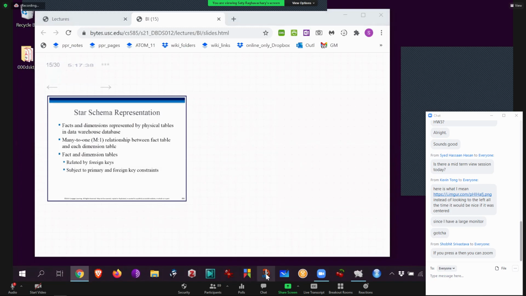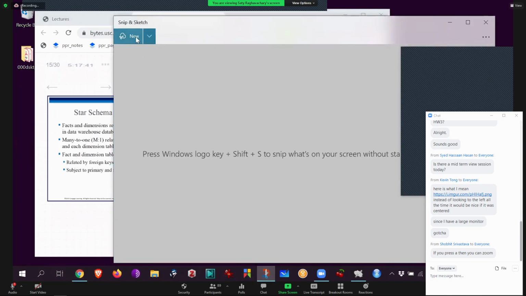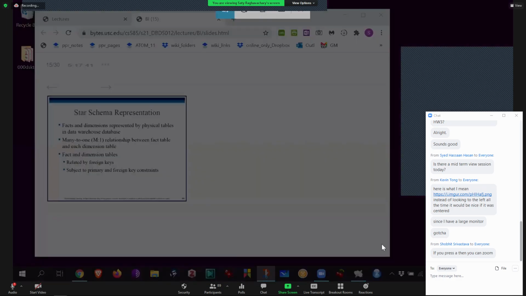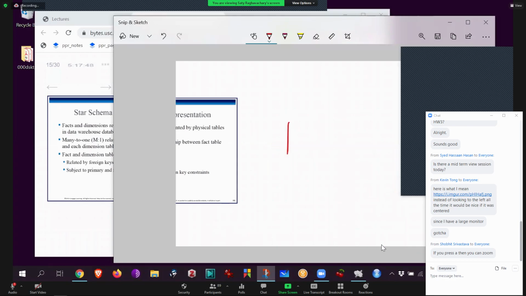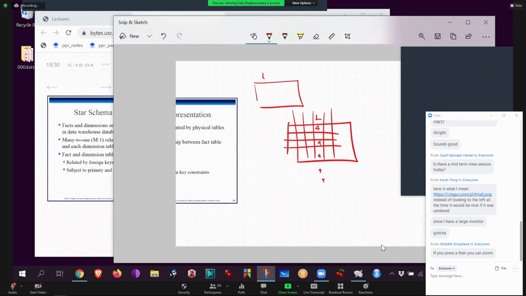This time I'll use something a little different. I want to illustrate all this so we can draw little quick pictures, okay? Like here. So that notion of what I just now told you was actually a very easy one. You have the actual sales receipts in your warehouse like this. So say this is the location column. What I just now said was location 4 can be here, can also be here, can be here, whatever. So that is the location column. You have a separate column called location, meaning a separate dimension, and there are many locations. So 4 happens to be here. You know all about 4, all the other things about 4. But that 4 can happen in many different places.